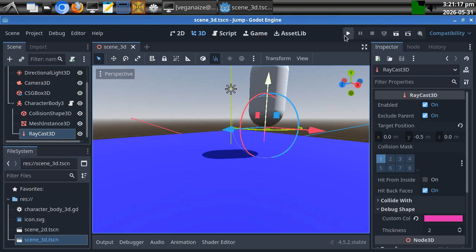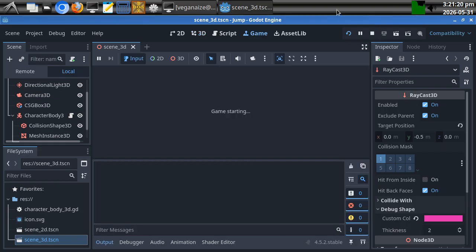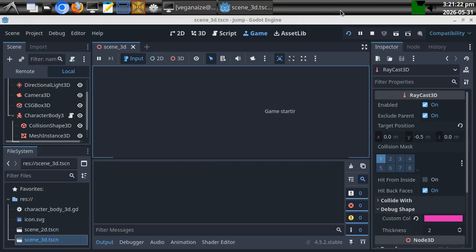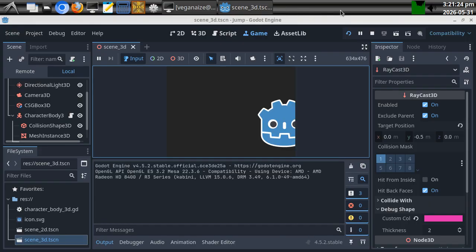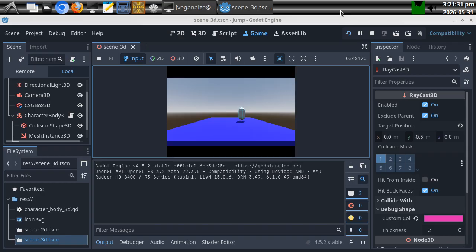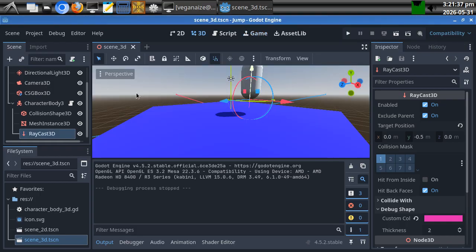So let's go ahead and test that out. So there it is. It's a little more centered, but still not activated. So I'm going to stop it,